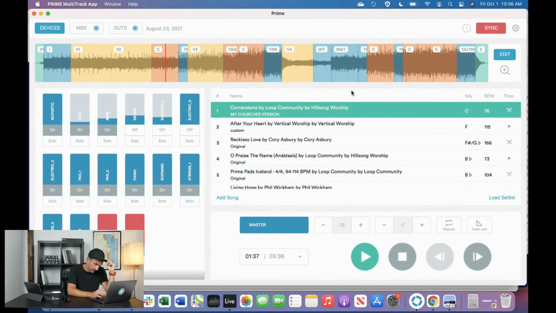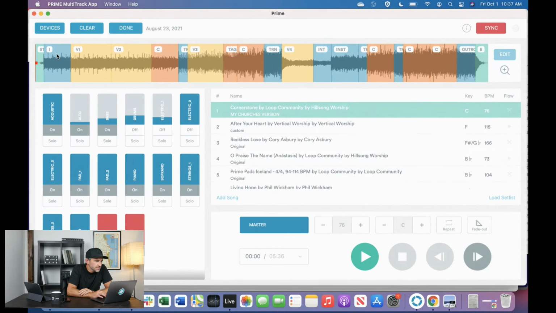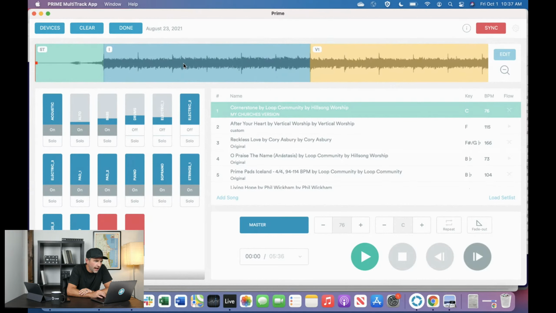So what we're going to do is with a Loop Pro plan, you can do that. You can have MIDI out. And so on Cornerstone here, if I click on Edit MIDI cues, I can actually double click anywhere on the timeline and add a MIDI